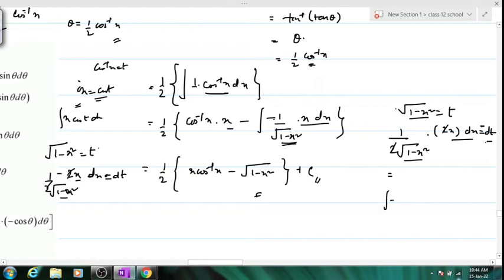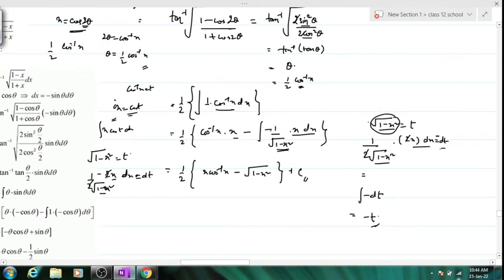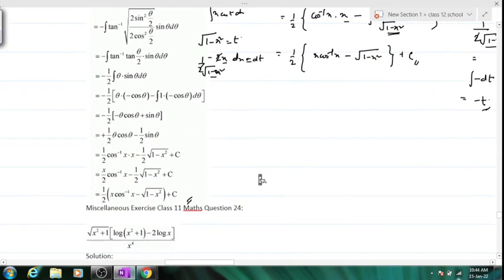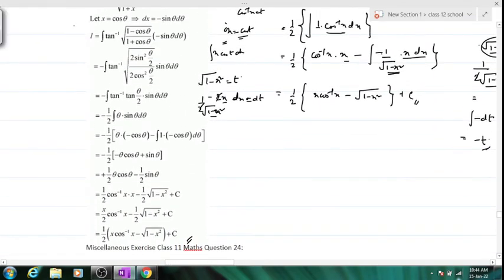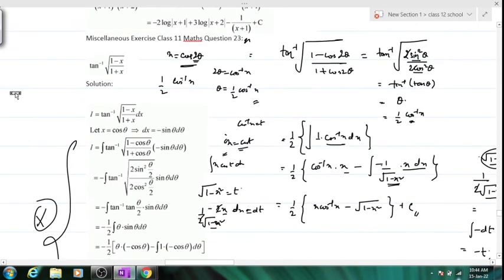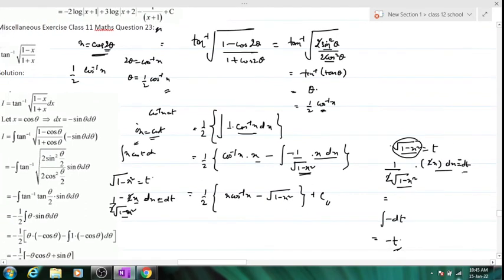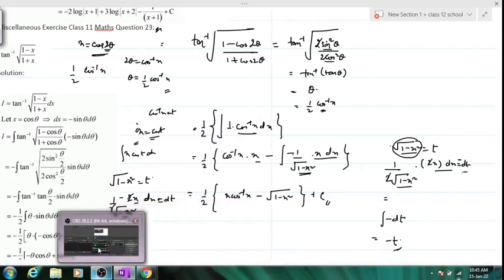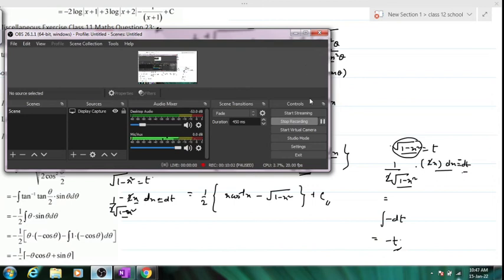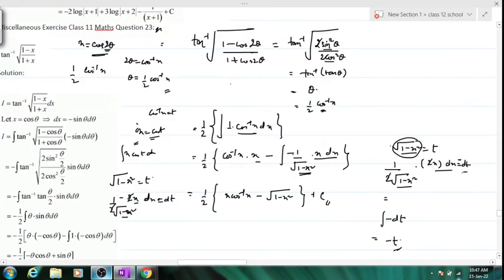So integration of minus dt is how much? t, minus t, na? And our t was this. Understood? Now kindly copy it down. See, if you do it using another method, it will go very long. See, you see how lengthy it is. I would prefer you not to do it in this way. The method which I have done, it's a very small one, so kindly do it using this method only. Okay, copy everything properly. I'm pausing the video. Rishabh, any doubts? We'll move on to the next numerical. Is done. Can you move on?